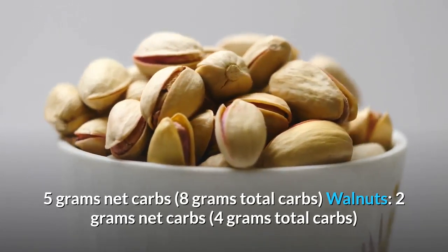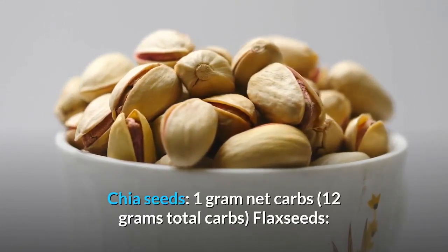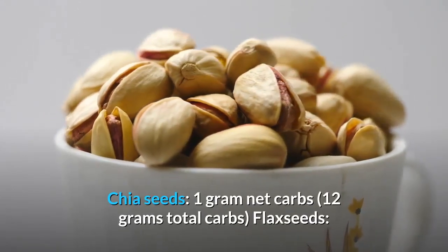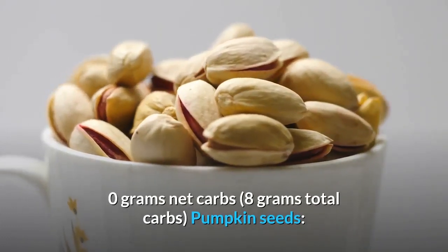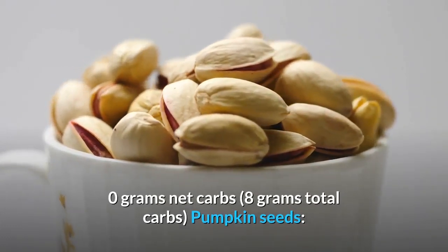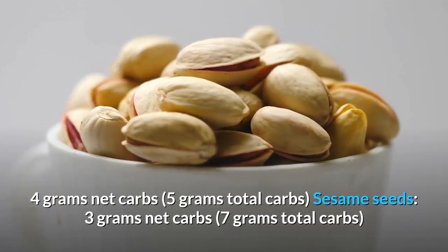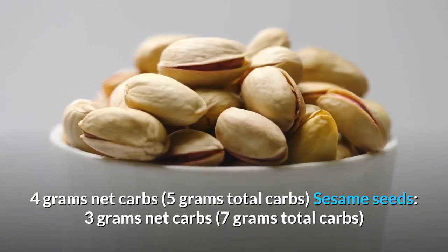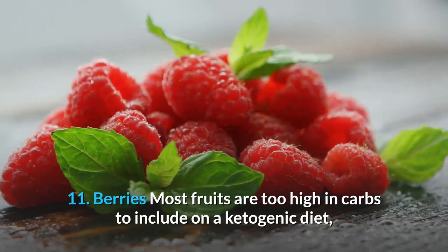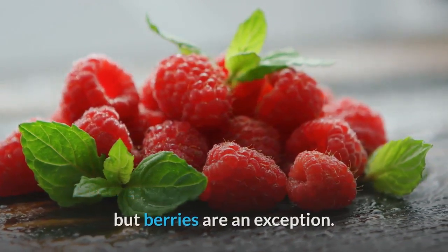Walnuts, 2 grams net carbs, 4 grams total carbs. Chia seeds, 1 gram net carbs, 12 grams total carbs. Flax seeds, 0 grams net carbs, 8 grams total carbs. Pumpkin seeds, 4 grams net carbs, 5 grams total carbs. Sesame seeds, 3 grams net carbs, 7 grams total carbs. 11. Berries. Most fruits are too high in carbs to include on a ketogenic diet, but berries are an